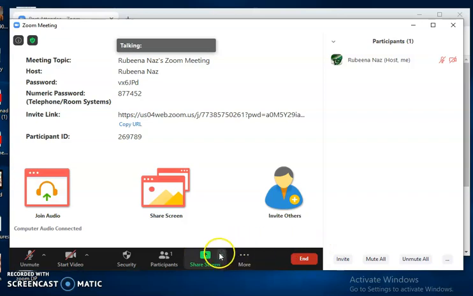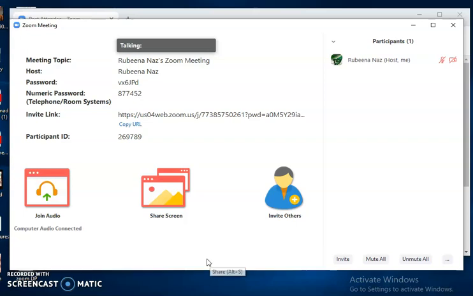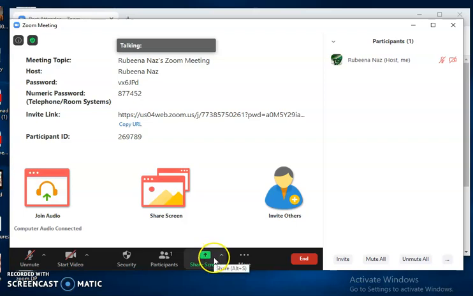Next, as you can see over here, share screen, there is also a shortcut button for share screen. When you are going to present yourself, you can share your screen. Or you might share some files, or you want to share your work as well, so all participants can see your screen and your work.